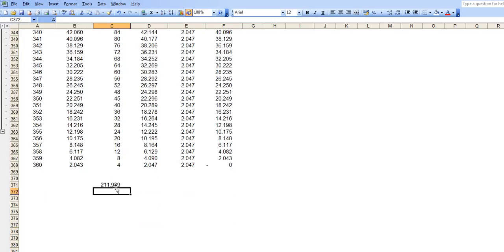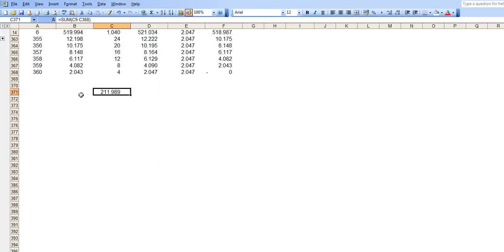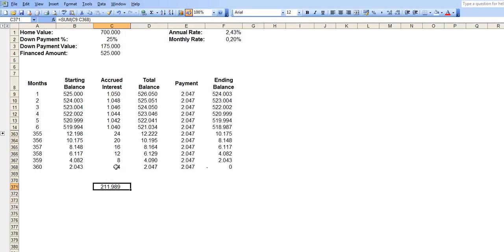So we will end up paying $211,989 of interest for this mortgage. So if you want to know this separately, you can use this. You just use the sum function to come up with that number. And your balance, as you can see, will go all the way to zero as a result of your payments